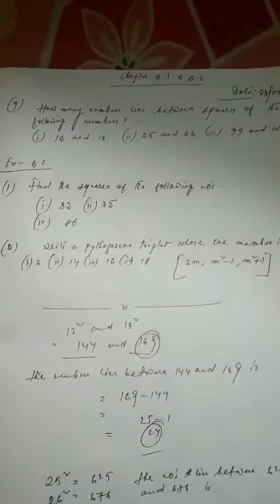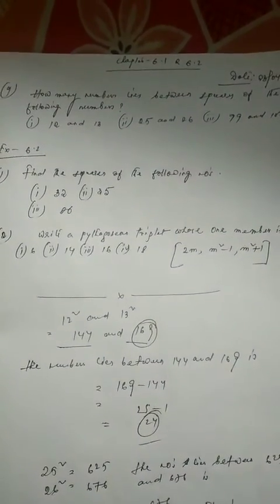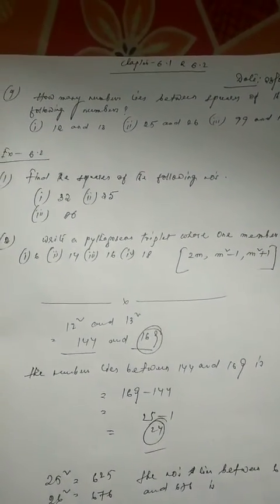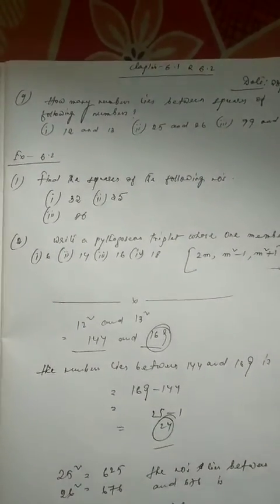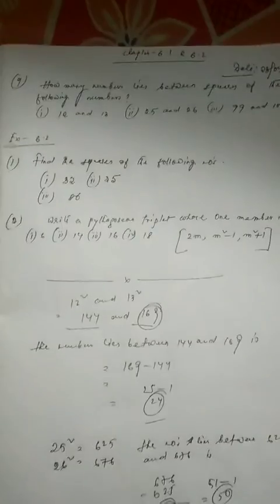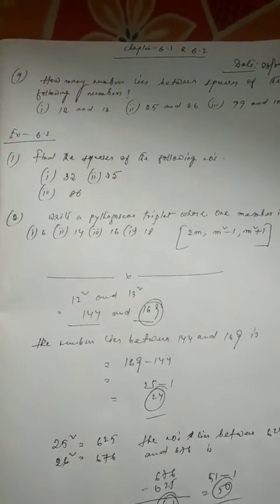Children, in this way we will be dealing with such numbers. It's really very easy. First we have to make the numbers square. Then we have to subtract. Again we have to subtract 1 in order to get the numbers that lie exactly between. Alright. So the next number is what? 99 and 100. So in that case,